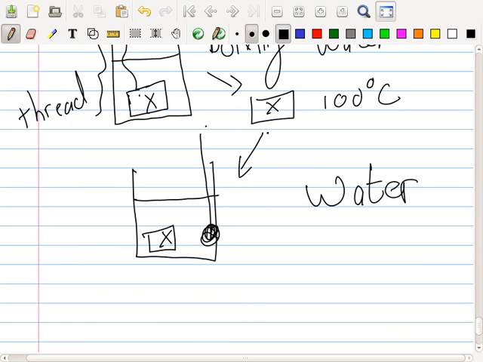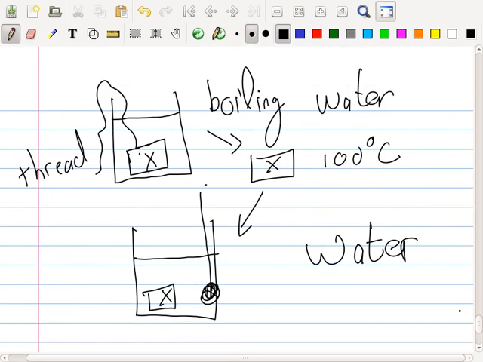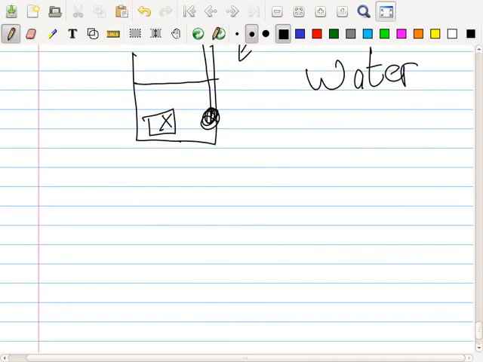This one is boiling water, and you take it out and put it into this. So you know that the temperature is 100. So what happens? The energy from this leaves and goes into the water, and into what else?